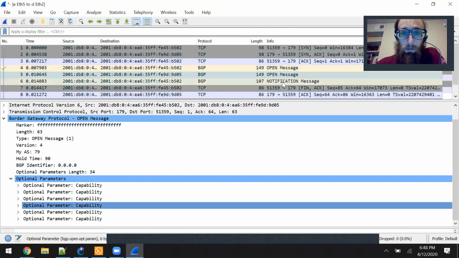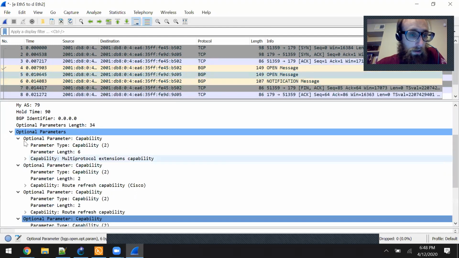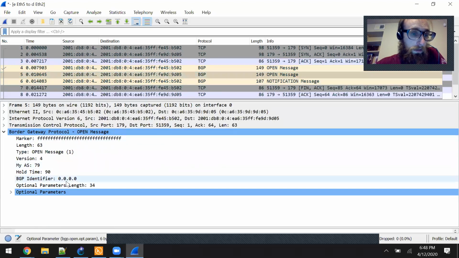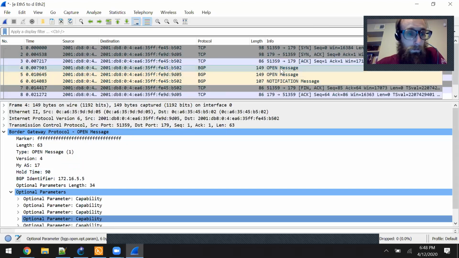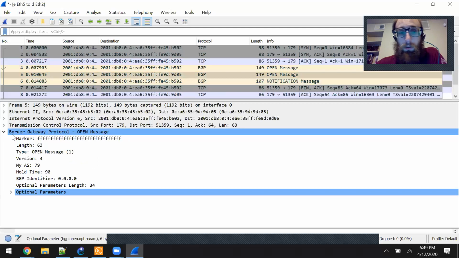Let's see what this notification message says. Open message error, bad BGP identifier. So let's see what the BGP identifiers are. Oh, okay. 0.0.0.0. And this one has 172.17.5.5. So that's interesting. I actually thought the issue was that I didn't specify the autonomous system correctly, and I'm